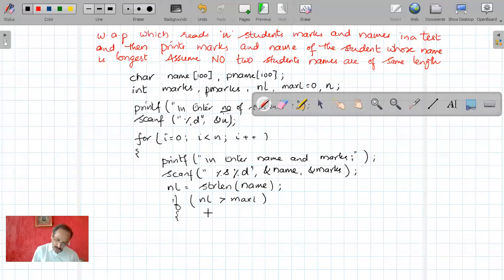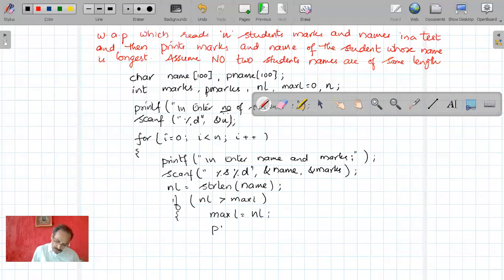Then what do I do? I'll write maxl is equal to nl. What needs to change? The max length needs to change. So I'll write max length is equal to name length, and I need to store the name and marks of that particular student who got the maximum length.